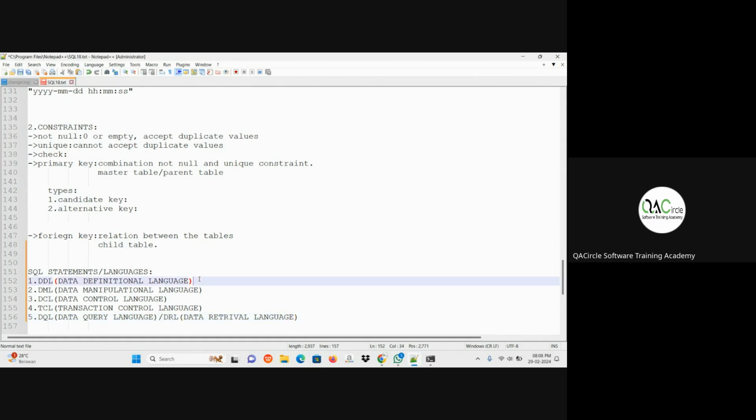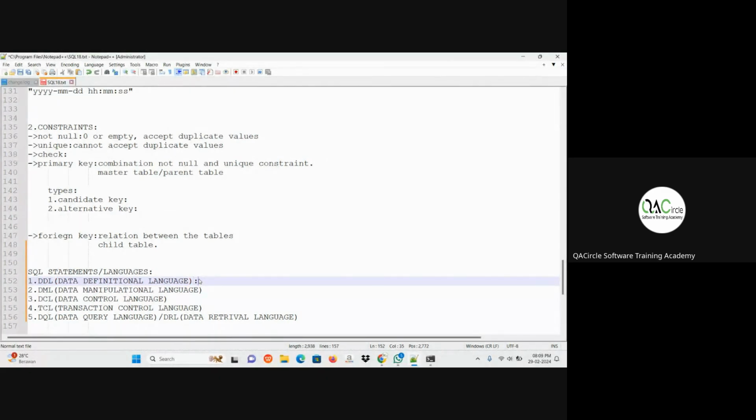These statements are very important while writing the query. I can give the example. In programming languages, we'll be using some keywords, right? Particular keywords we will be using, that are default from the compiler itself. In the same way, here we have statements. Each statement has different types that come under DDL, DML, DCL, TCL, and DQL.